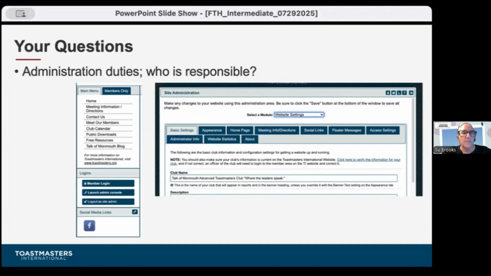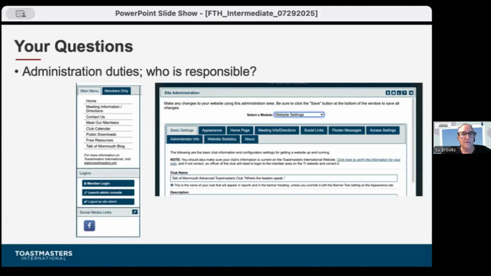Very interesting, very important. So it could be your VPE for your agendas. It could be your secretary. It could be your VPM handling your membership management pane. Your treasurer can get into the treasurer tools, but the treasurer doesn't have to handle the whole website. Maybe your president wants a presence and to be able to go in and manipulate a few things, but they're busy being president, so maybe they don't want to drill down into the weeds.